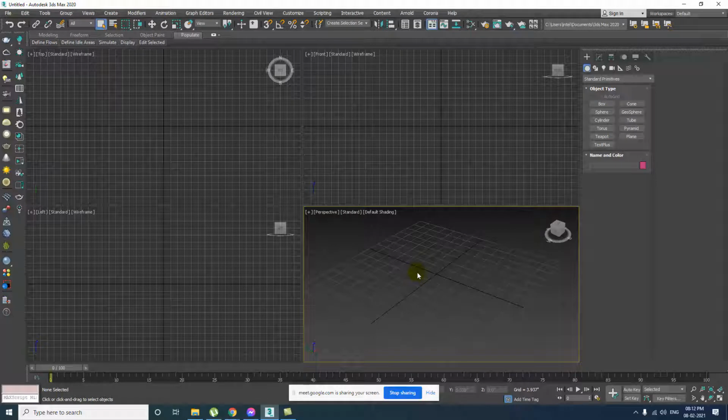Okay, in the universe there is space, an infinity of space, right? There is no base, there is no end of the universe. Same thing over here also. In 3ds Max there is no end. There is openly an infinite space over here in 3ds Max also. You can draw as many objects as you want, as long as depth of objects you can draw. It's infinite space over here.